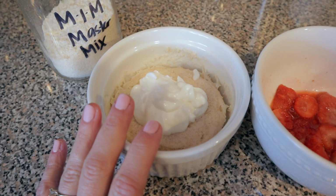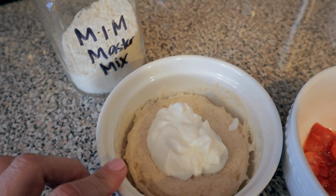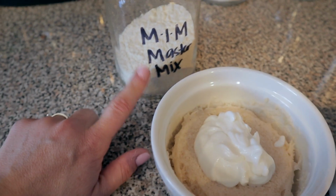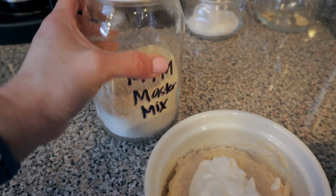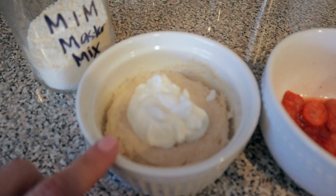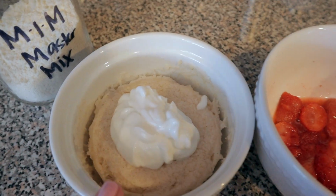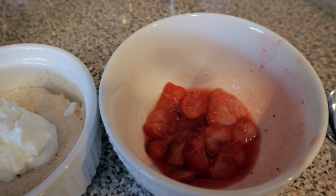Okay, so I made the fuel pull version of that for this dessert. I did not add any extra fat to it, so the only amount of fat that is in this is actually from my DIY baking blend that happens to be in here, which there's not a lot in there, so very, very low on the fat content. I topped it with a little bit of zero fat or fat-free Greek yogurt, and then I popped these strawberries through the microwave, and